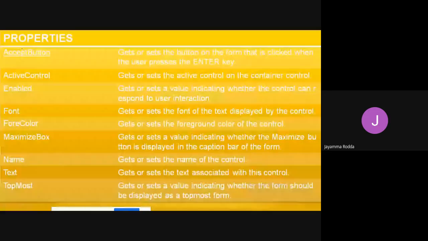Accept button, active control, enabled, font, fore color, maximize box, name, text, topmost.